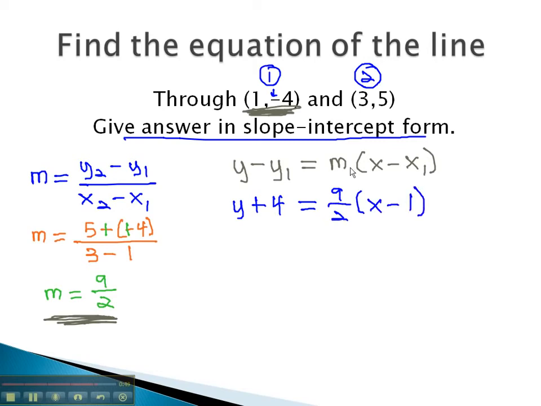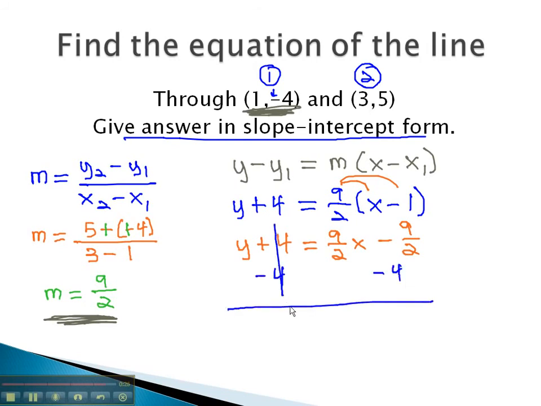Because the directions ask us to put it in slope-intercept form, we must start solving for y by distributing the 9/2. Y plus 4 equals 9/2 x minus 9/2. Finally, subtracting 4 from both sides will solve the problem. Y equals 9/2 x